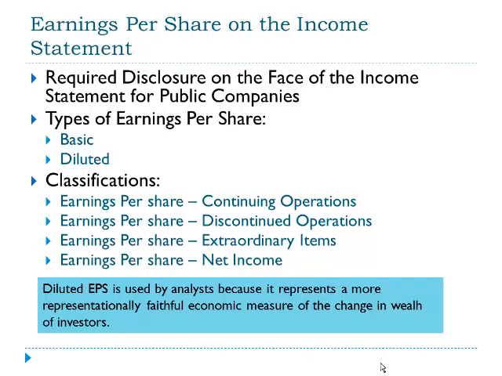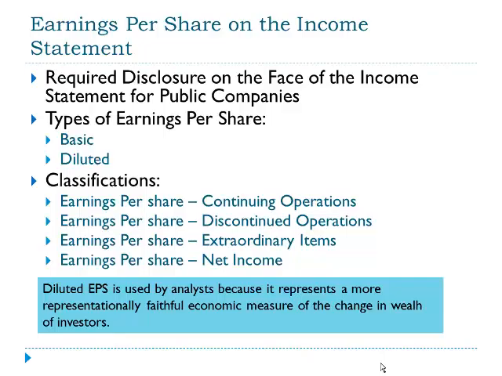All public companies disclose earnings per share on the income statement. It's a required disclosure. There are two types of earnings per share. One is called basic and the second is called diluted. Basic earnings per share is based on the historic earnings that actually happened in the company and the actual number